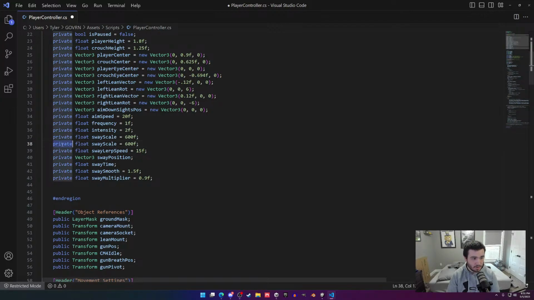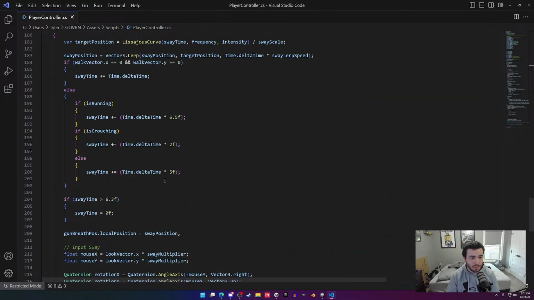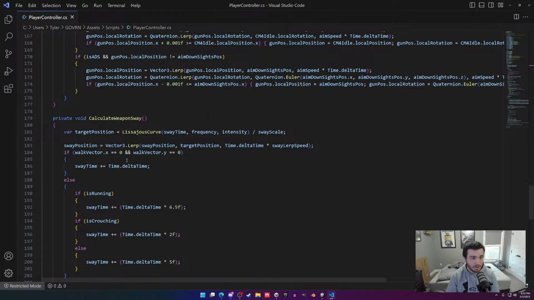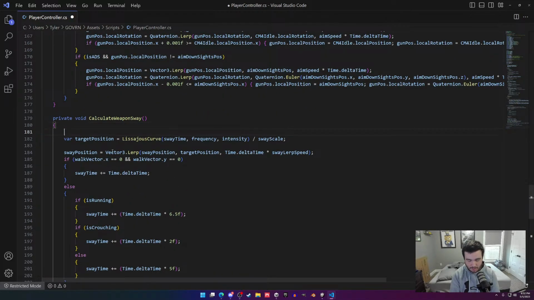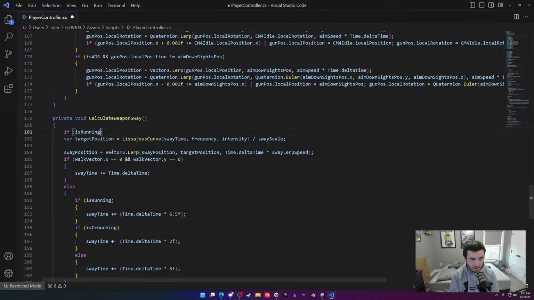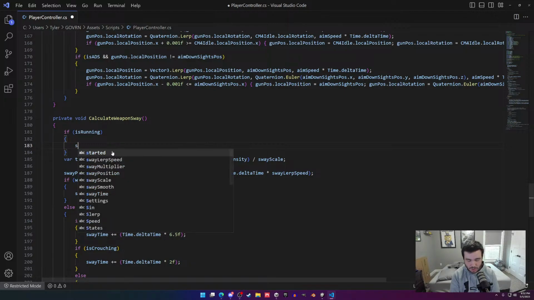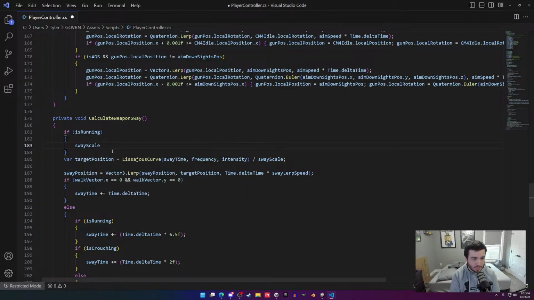Control V. Public sway scale 300. Let's go down here and weapon scale here. If is running, then we're going to set sway scale equal to